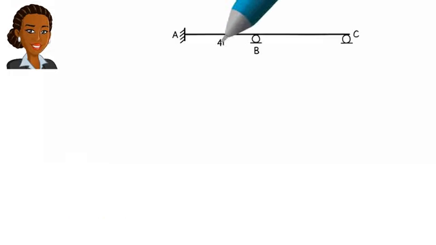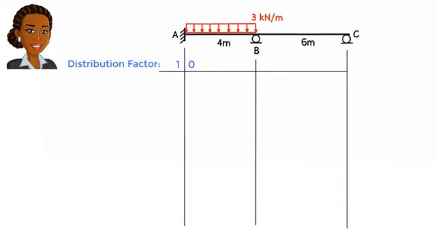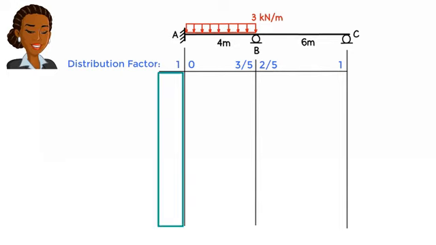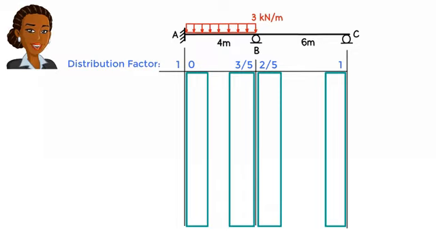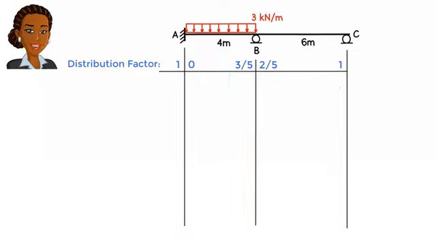Consider this beam. Here are the distribution factors for the joints. Note that here the table has one additional column, the very first column. This column gives us the moment at the right end of the imaginary element. The second through fifth columns are for determining the end moment for real members. From lecture SA 38, we know that the fixed end moments for member AB are: